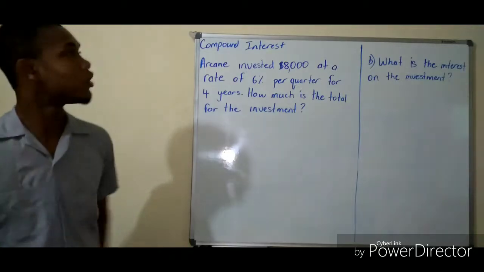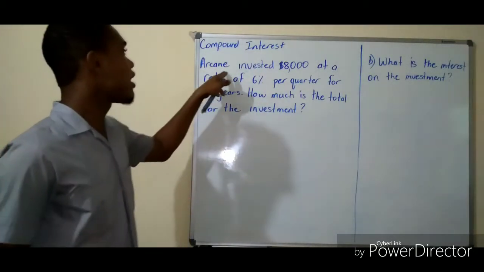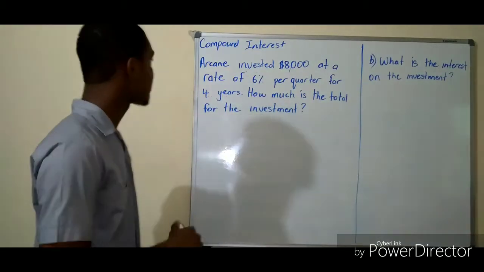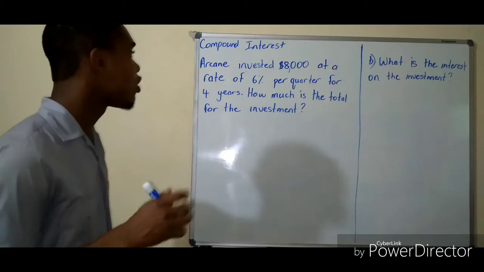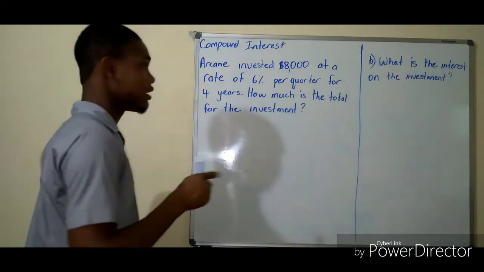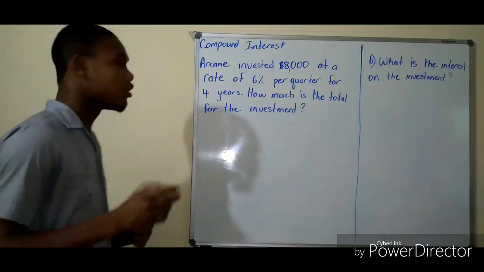Welcome back. So for this topic we are dealing with compound interest. It says that Arcane invested $8,000 at a rate of 6% per quarter for 4 years. How much is the total for the investment? Since this is compound interest, we have to deal with the formula, which you would have seen